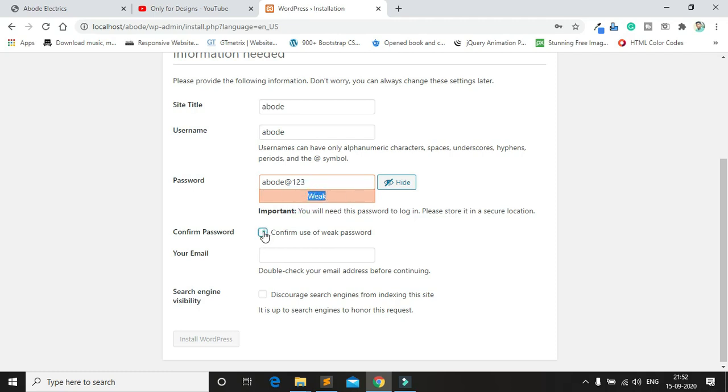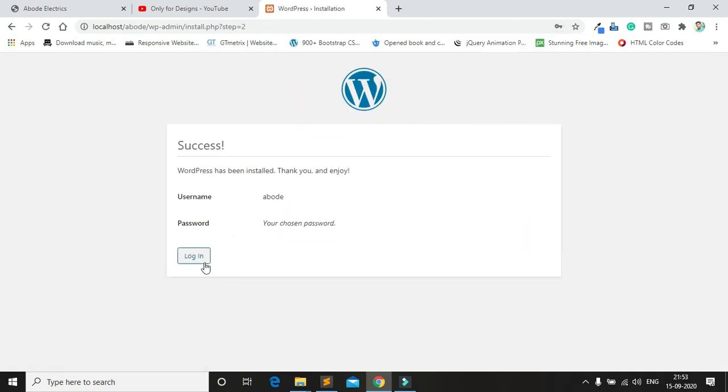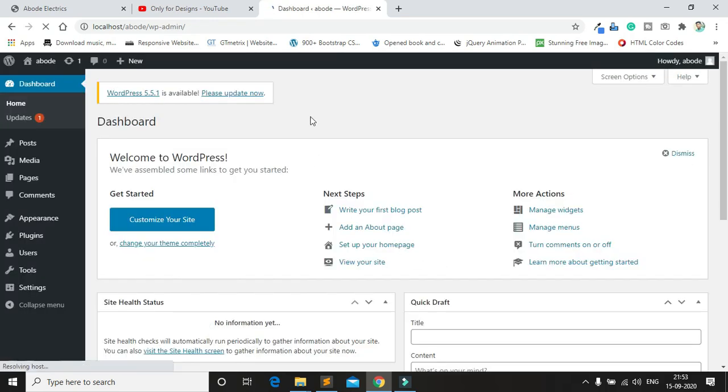So I click confirm, use weak password, and I type my email ID and install WordPress. It takes some time. Now it's complete, save the password and login. So you can see this is my dashboard.